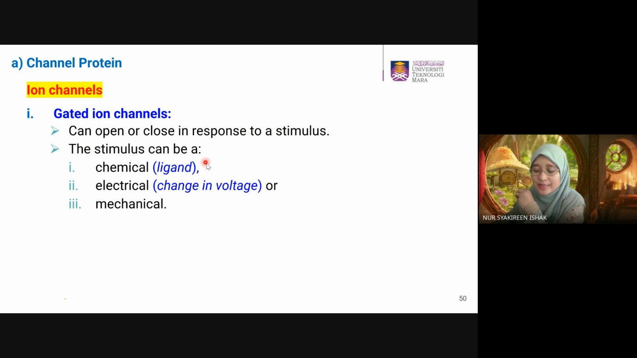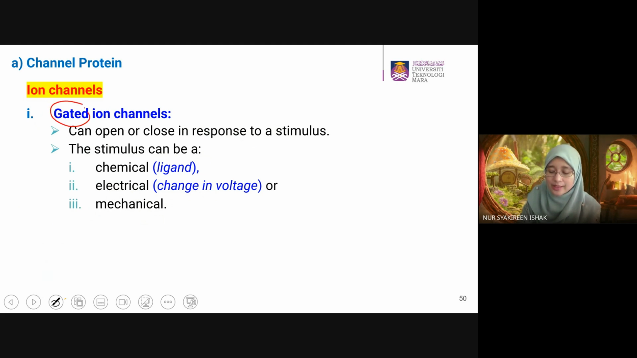So the stimulus can be a chemical ligand, a chemical molecule. A chemical molecule we call a ligand. Or it can be electrical, a change in voltage, or mechanical. So for gated channels, for example,